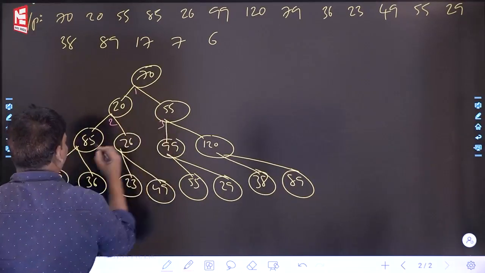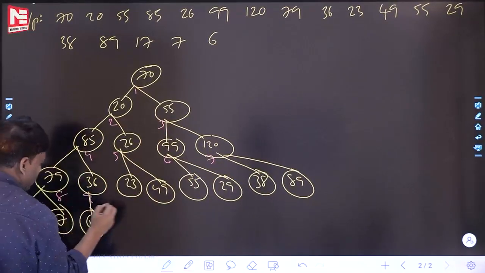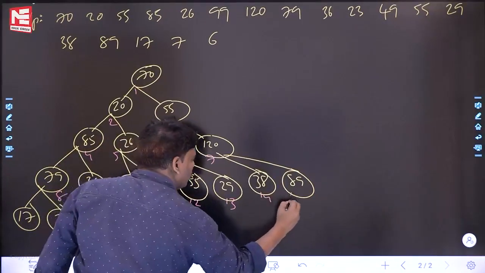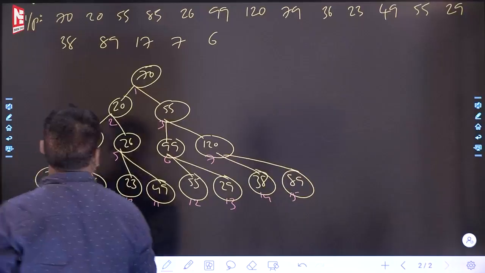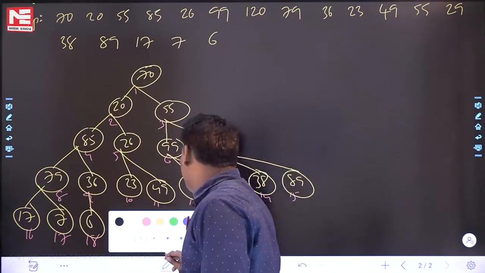1, 2, 3, 4, 5, 6, 7, 8, 9, 10, 11, 12, 13, 14, 15, 16, 17, 18, right, like that. Give the numbers also. Yes, I have given numbers. What is the next one? Right. So, a for loop in the reverse order,